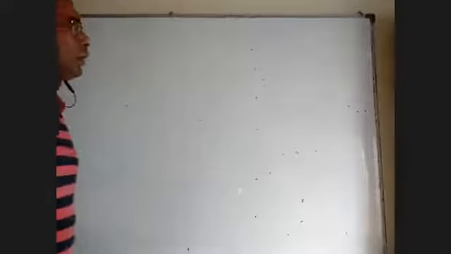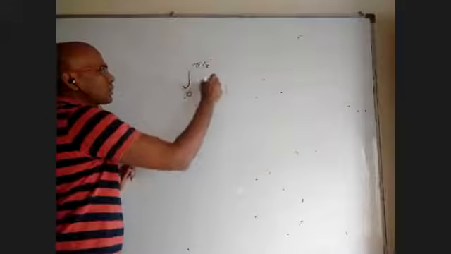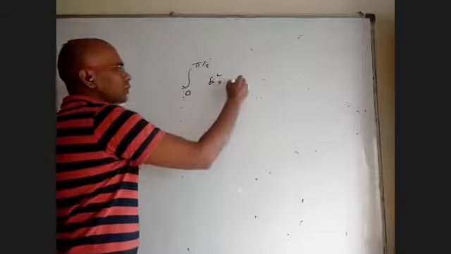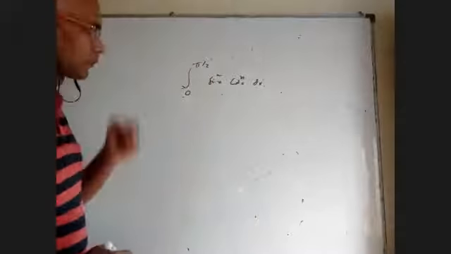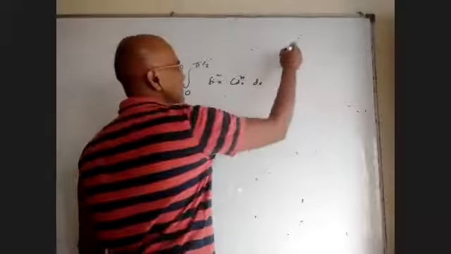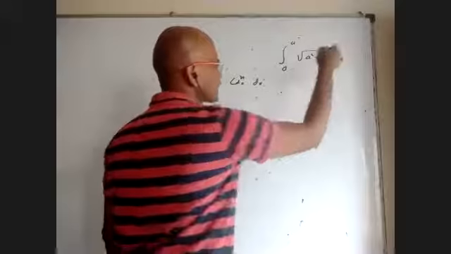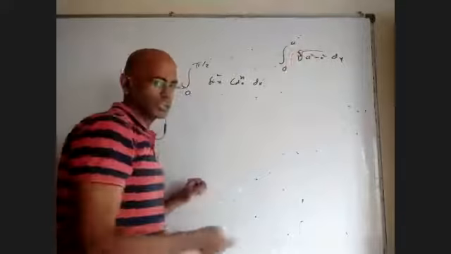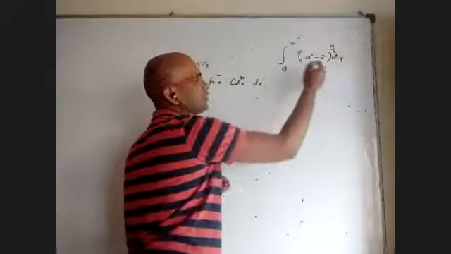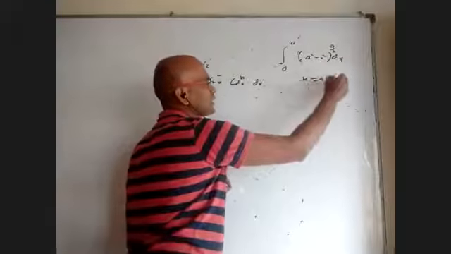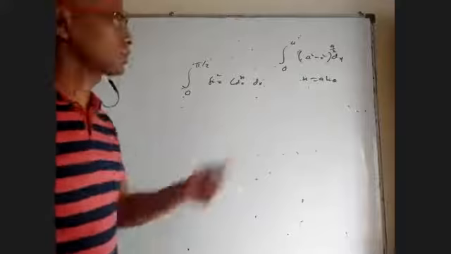We also have discussed the integral from 0 to pi by 2 of sin x power m cos x power n dx. Of course, in the previous method, we also saw something else. Sometimes we have 0 to a of root a square minus x square dx, or a cube root or something of that sort, or whole power 9 by 2. We have seen that if you take x equal to a sine theta, it will be converted into 0 to pi by 2. We have seen one question based on that also.